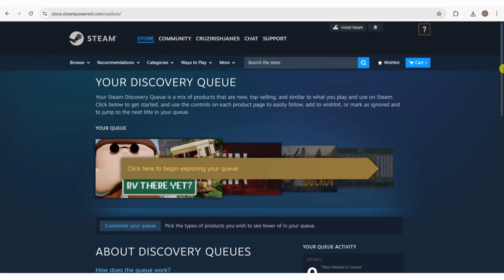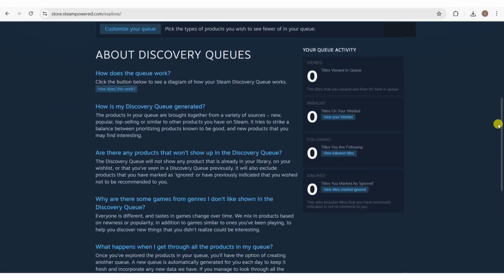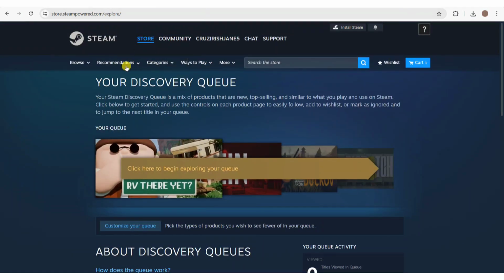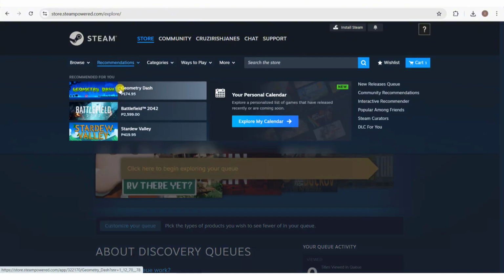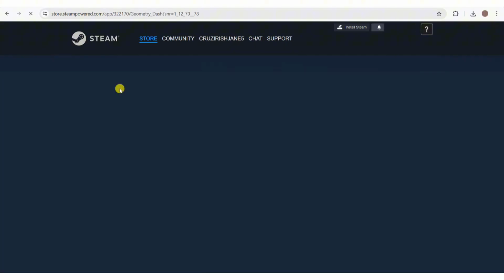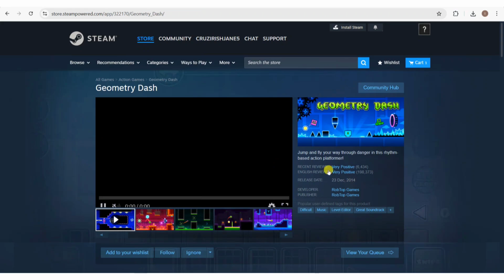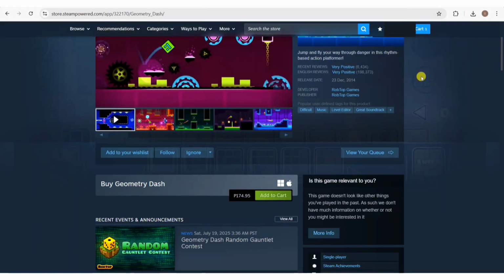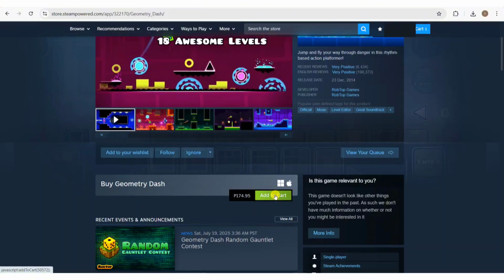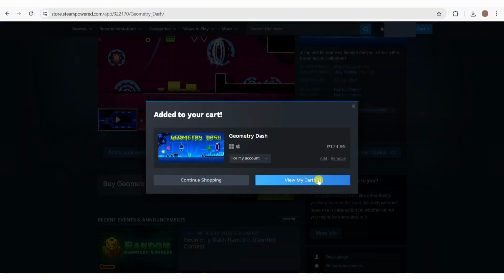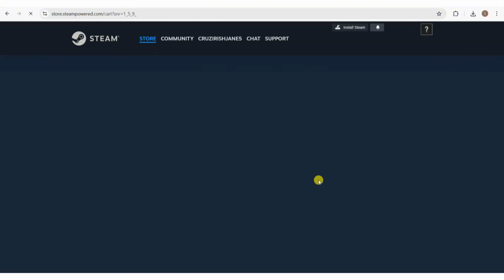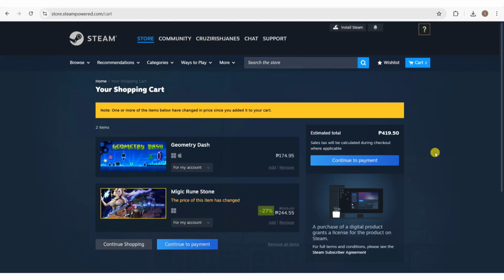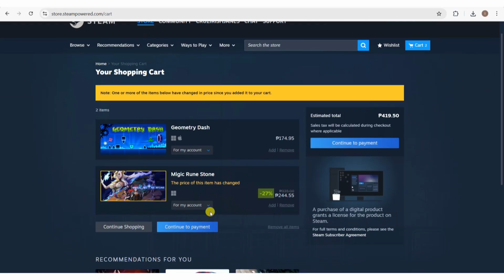Now, once you're in the new country, go ahead and make a purchase. So head over into the Steam store and then make a purchase. And then in here, go ahead and click on this add to cart button and then click on view my cart, and then in here go ahead and click on continue to payment, and that will take you to the payment